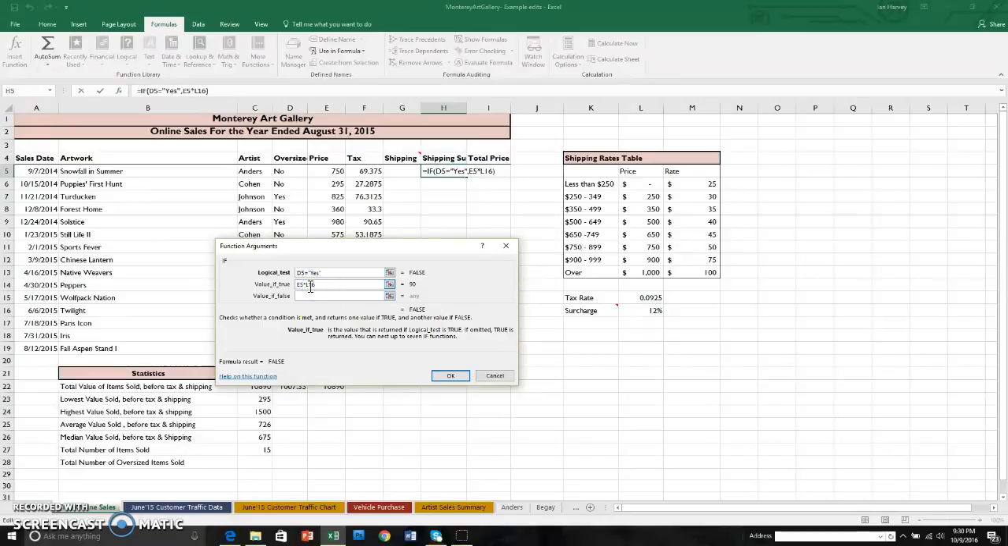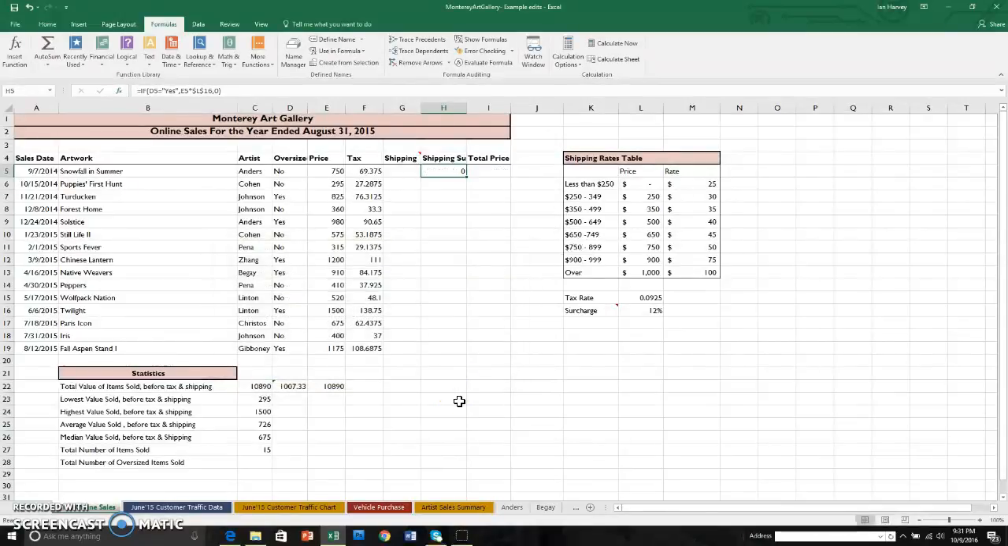Now L16 needs to be permanent, right? So it's an absolute function. We'll hit F4 in between those. And now it's going to change the E5 each time to the new row, but it will always multiply by L16. Now if it's false, we don't want it to do anything, so we'll put 0 there, so it calculates 0. We click OK, and now we got 0, because it was false that this is a yes. We can now fill handle this down,